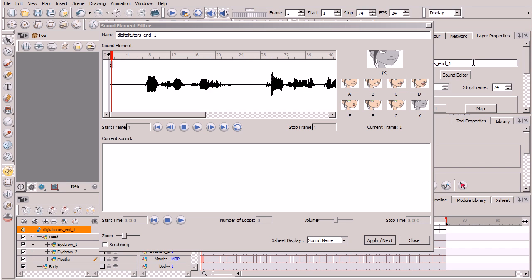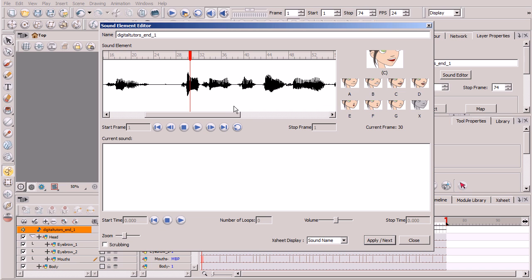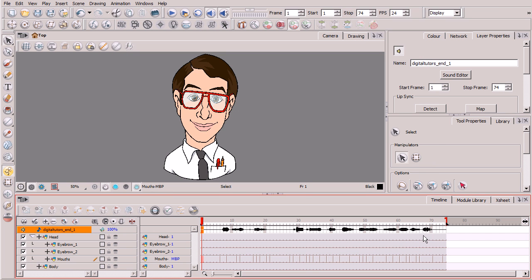Properties of our audio and basically scrub through and make changes or switch out specific phonemes by just clicking on one of these over here that we've already mapped, right? So again, we're able to basically use the sound editor to make any kind of changes to phonemes that have already been mapped, right? So as I mentioned a couple of lessons ago when we initially mapped out our phonemes